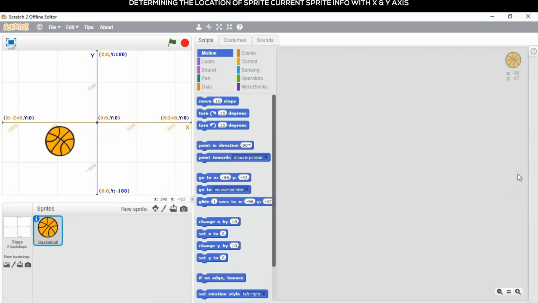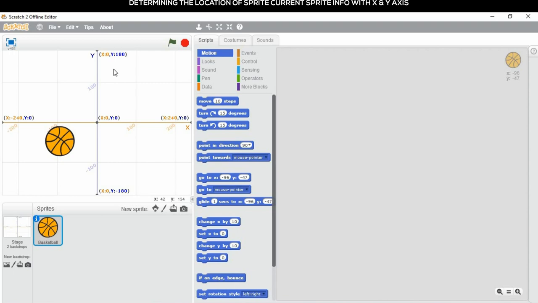Okay children, what does XY grid mean? I have added one XY grid. What is the usage of this? By using this XY grid, we can see the position of our sprite exactly by seeing the X and Y values. Now we have added a new backdrop, that is the XY grid backdrop. Why have we added it?